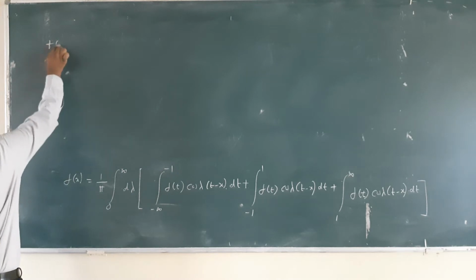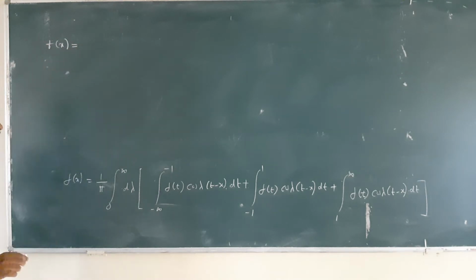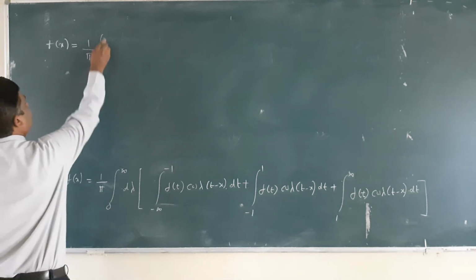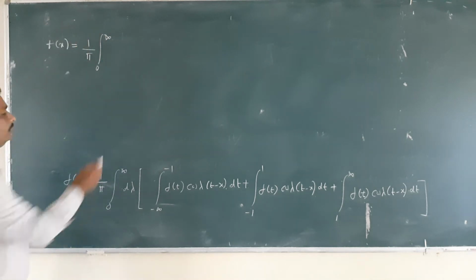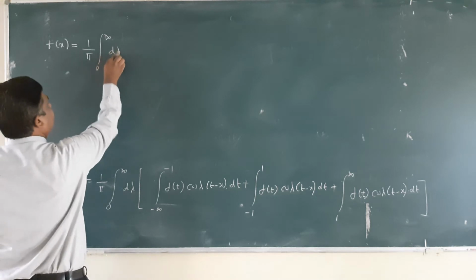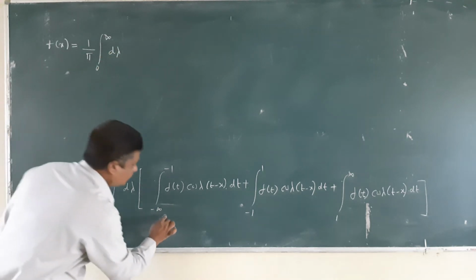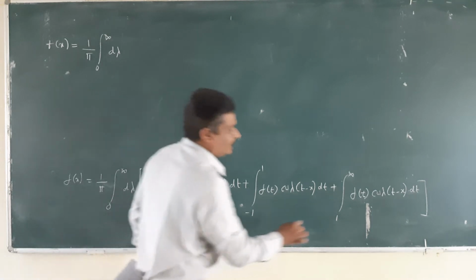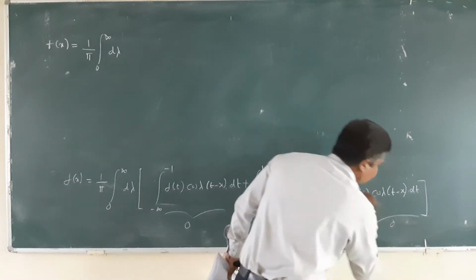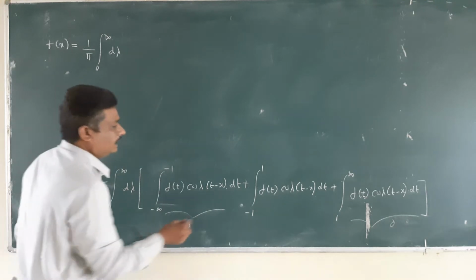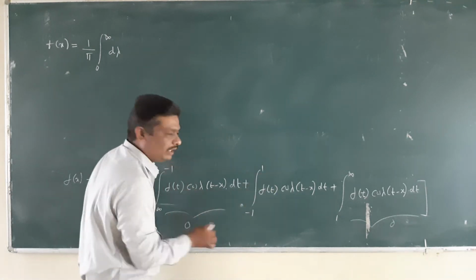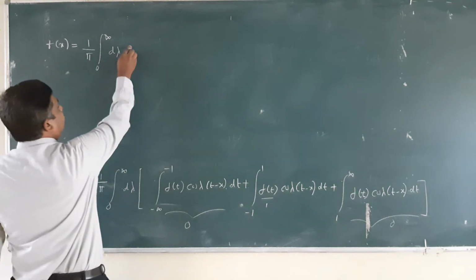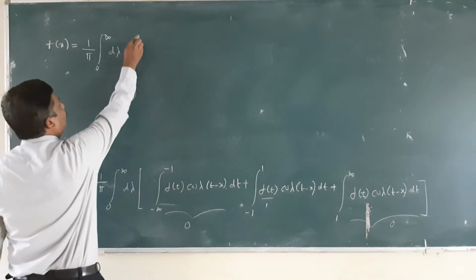Therefore, f of x is equal to 1 upon pi integration 0 to infinity d lambda. Here the function value is 0, and in the last integral also the function value is 0. In between minus 1 and plus 1, the function value is 1. Therefore, remaining is here minus 1 to plus 1